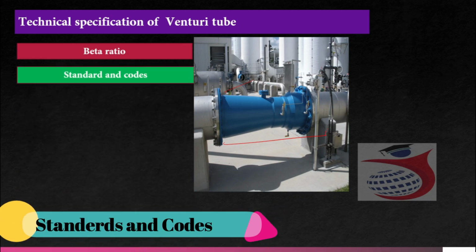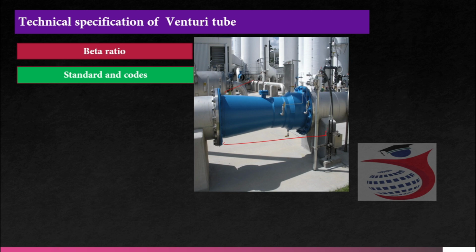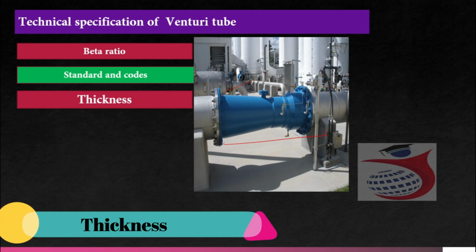Standards and codes. What are the standards? Every equipment we manufacture and install in an oil and gas plant or chemical plant should be constructed or designed to a specific standard. Below that standard we can't use it. So every manufacturer makes equipment as per the standard. What is the thickness of that